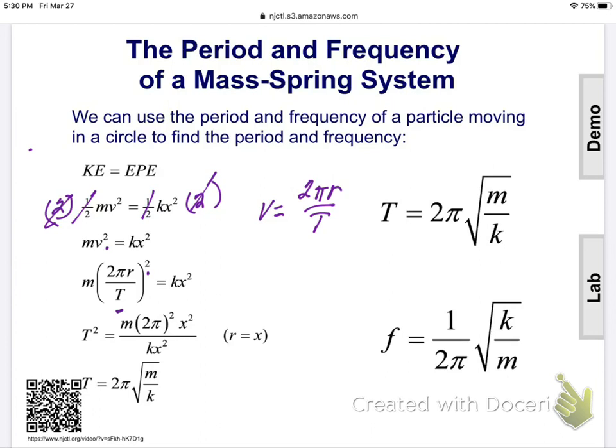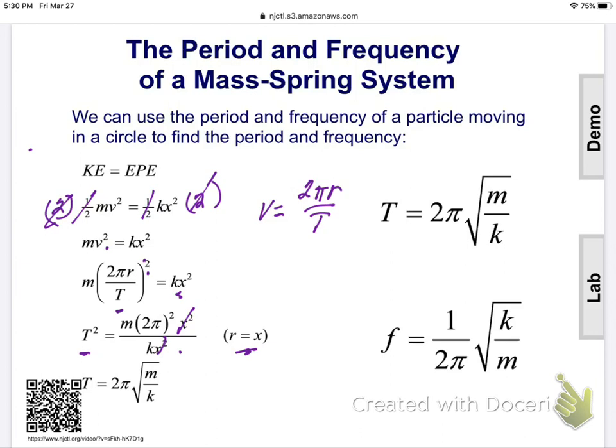At this point, we're going to say, okay, the r, which is the radius, is going to be equal to the displacement, which is x. So we can substitute x in for r and get 2 pi squared, and r is squared, so that means x is squared, right? And we can divide that by kx squared, which goes in the bottom, and t, which was squared, will now get multiplied on both sides so that we have t squared over here. The x squareds are going to cancel out, and we're left with